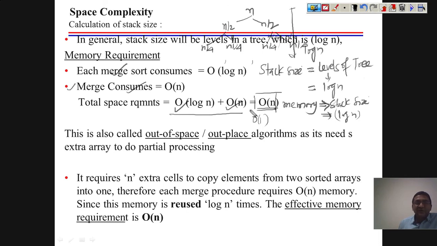But here we need extra space to make temporary arrays to implement our logic, and the space requirement for these temporary arrays is of size n. So this is called out-place. Out-place algorithms are the algorithms which require extra space to perform their job. So you can say merge sort is out-place, whereas quick sort is an in-place algorithm.